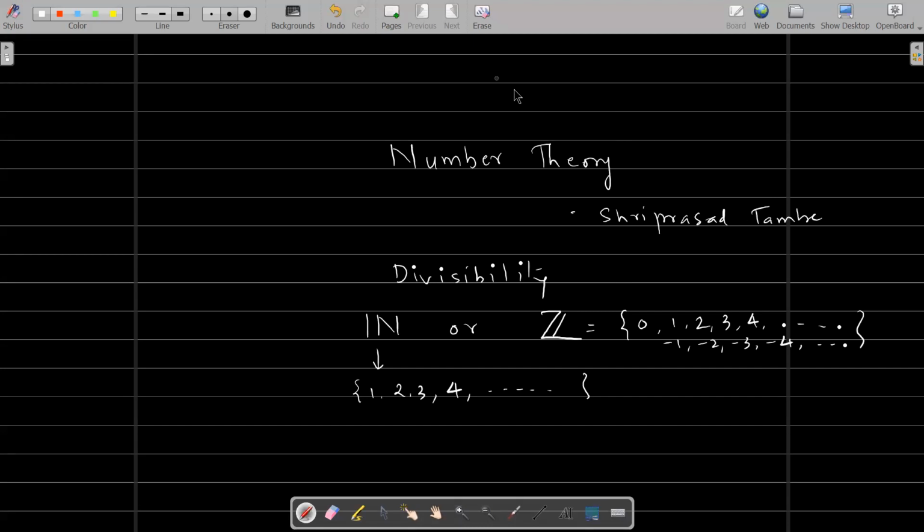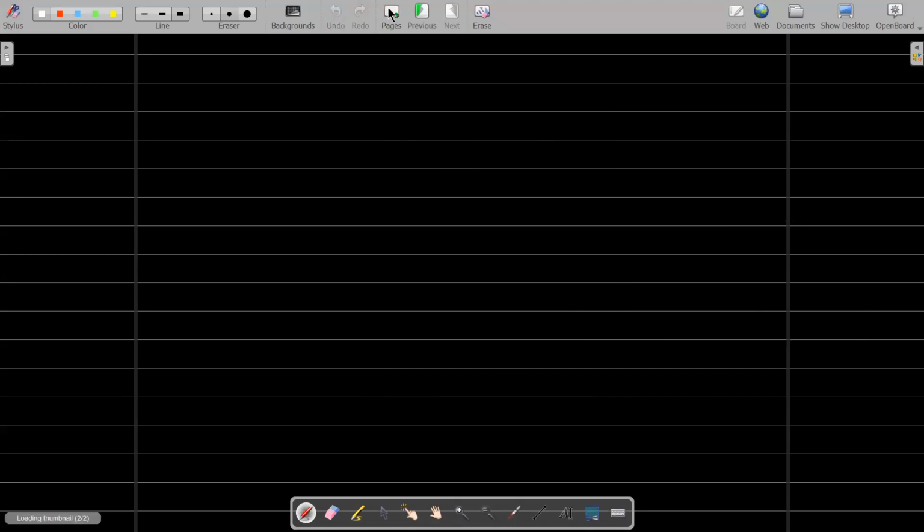So we have defined divisibility last time. So our definition was the following. Suppose D is a non-zero number and n is any integer. We say number D divides number n, and what is our notation? D vertical line n. What does it mean? The number on this side divides the number on this side. That's it. It does not mean D by n or n by D. Fine. So we say D divides n if,